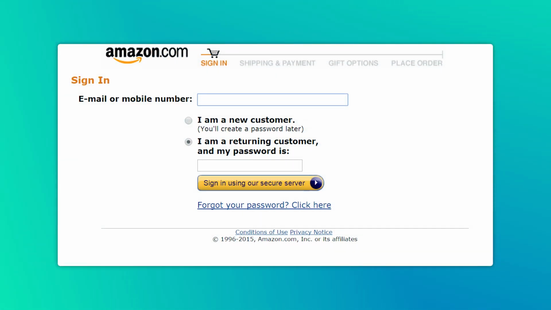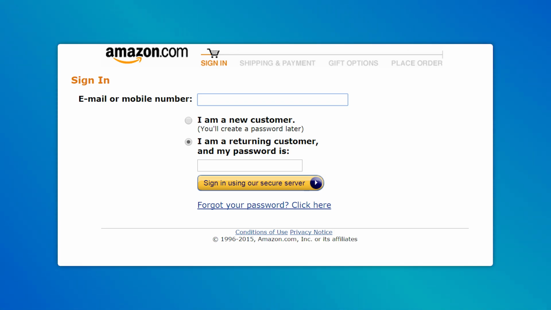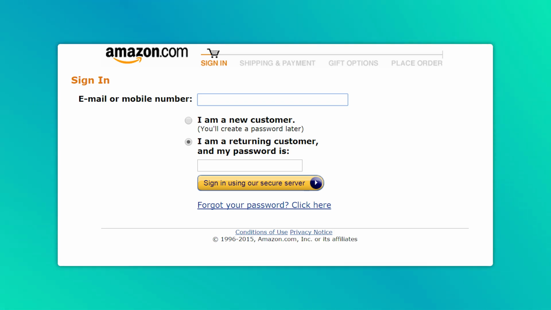First, open your web browser and go to the Amazon sign-in page. Once the page loads, click on the sign-in button. Enter your email address or phone number that is connected to your Amazon account. Then click Continue. If your account has been hacked and the password was changed, click on the Forgot Password link